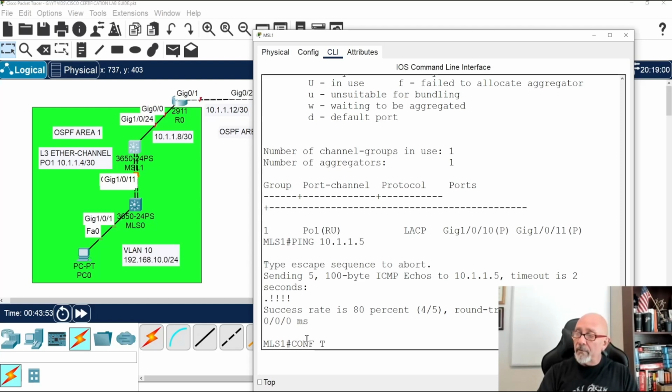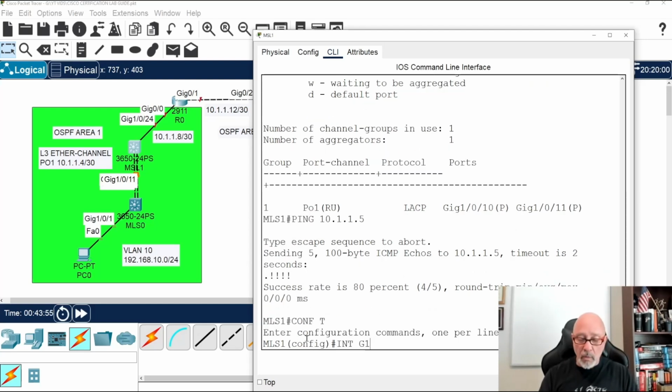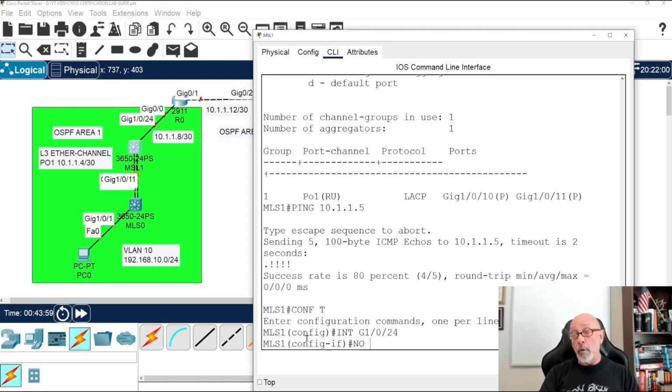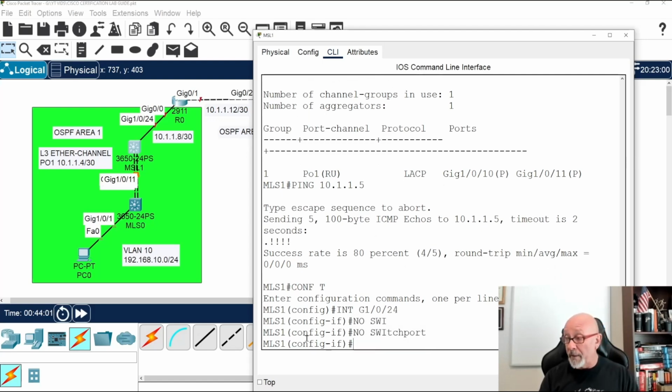Awesome. Config t, interface G1/0/24. And no switchport. Got to get rid of the layer 3. Really? Okay. What happened there? Oh, wait a minute. What did happen there? Oh, because this is down. This is okay. No switchport. We did good, because see how it's red? And then why didn't it go up? Because this side is red. All right. No worries. No concerns.